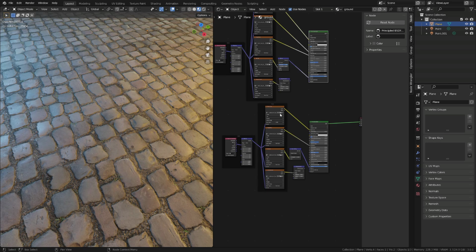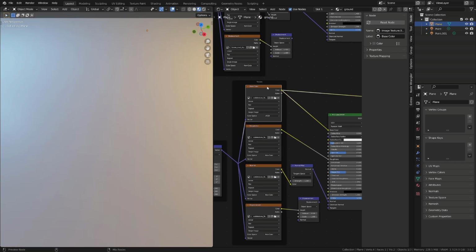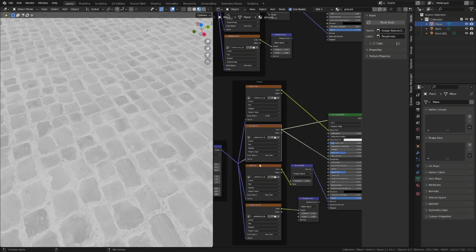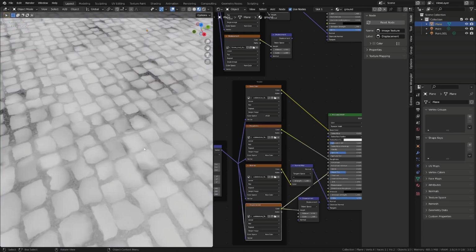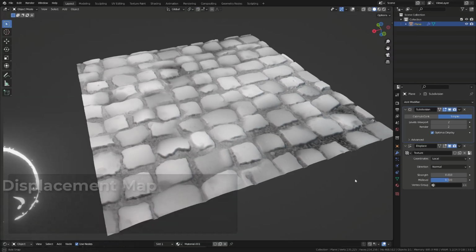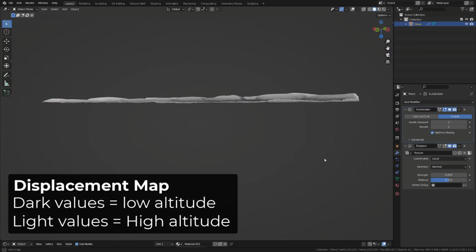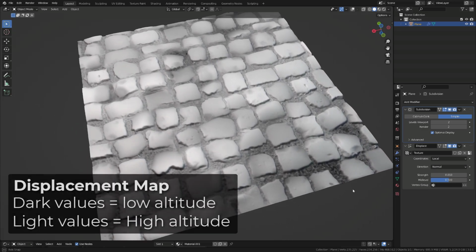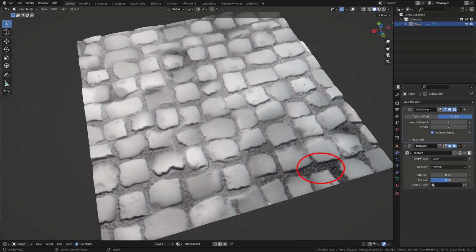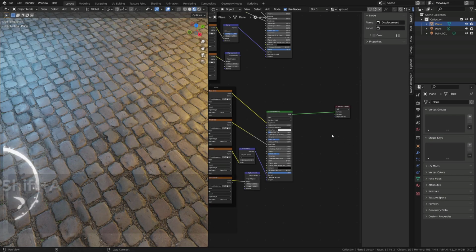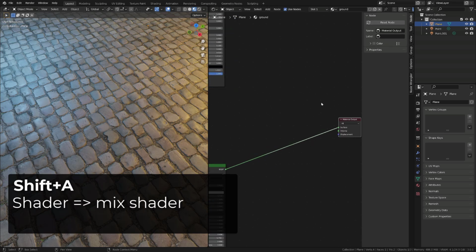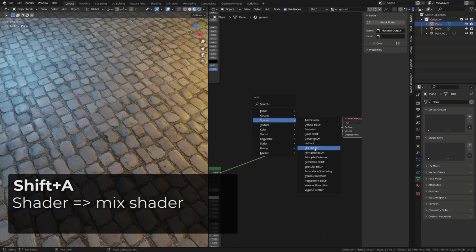When we loaded our material, Blender basically loaded and plugged the base color, the roughness, the normals, but also the displacement map or height map. As you can see on this example, the black and white displacement map sets the height of the texture or material. The darker the color, the lower the altitude, the lighter the higher. It will make sense to make our mud appear in the holes or the lower part of our cobblestone ground. To do so, the first thing we need to do is to mix both our shaders.